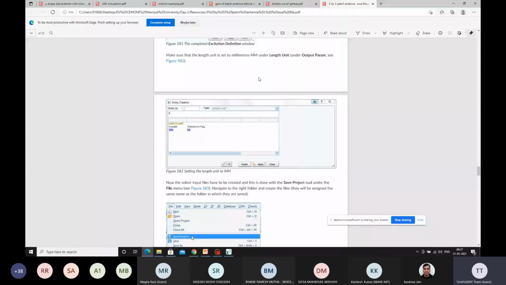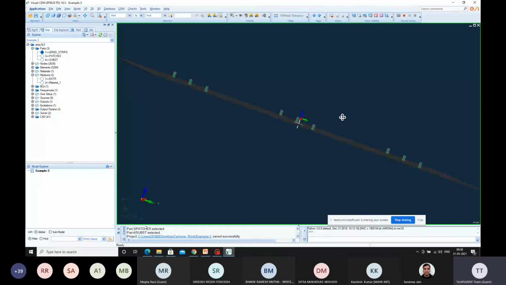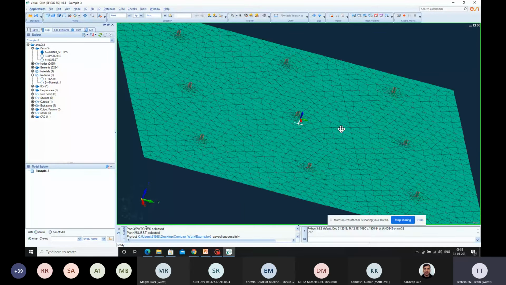Now we'll try to go ahead with the other example we have done. I'll be going through the example in a detailed flow. If anybody has any doubts, please hold the doubts for the end. We'll allocate some time for doubts and then we'll try to solve them. Okay. So this was the correction which was required for your particular 3x3 patch antenna, whatever we have implemented so far. Now let us go for the other examples.